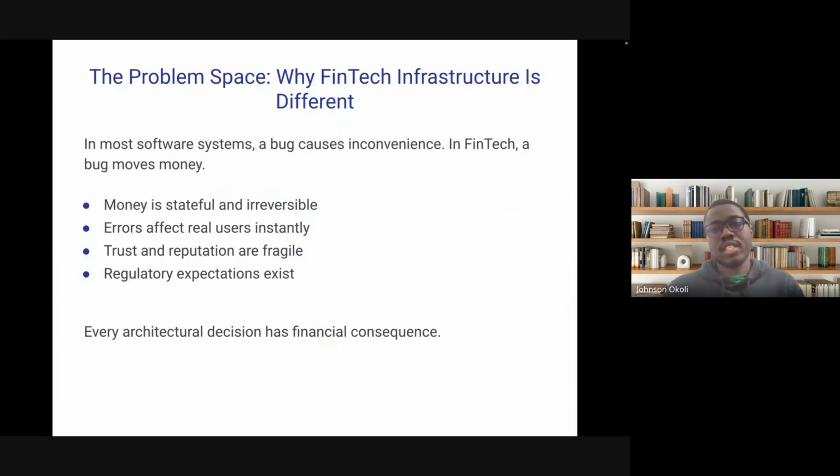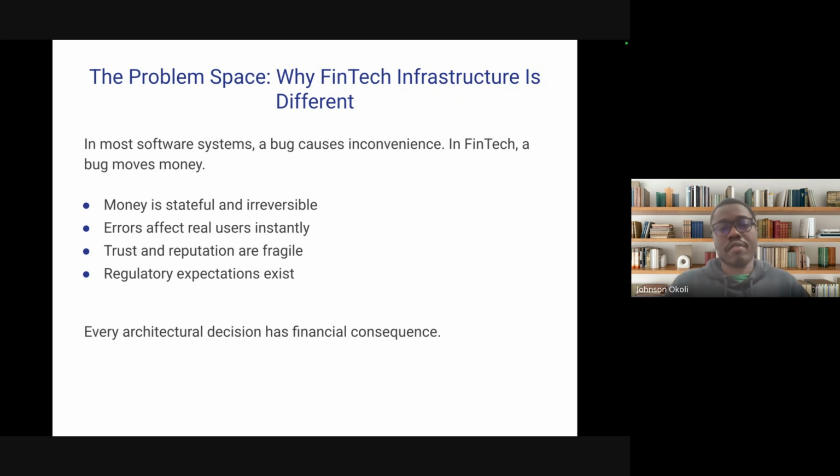Why this is very different is because it's a very unique niche in the software ecosystem, because it has to do with money and that's very sensitive. It's different in the sense that money is stateful and irreversible. Most actions are equivalent to not being reversible because once you initiate, even though now there are more modernized technologies where you could actually retrieve transactions, it's still based on timed activity and you can report transactions too.